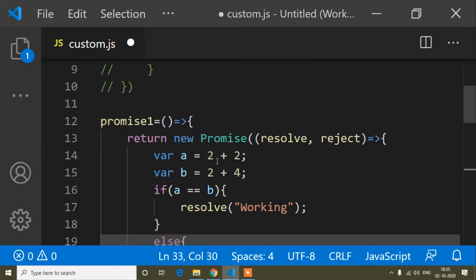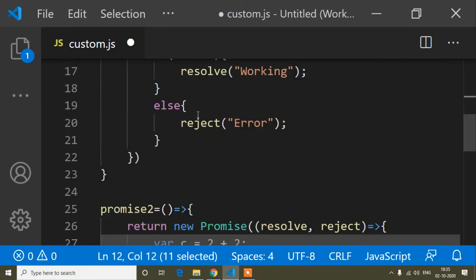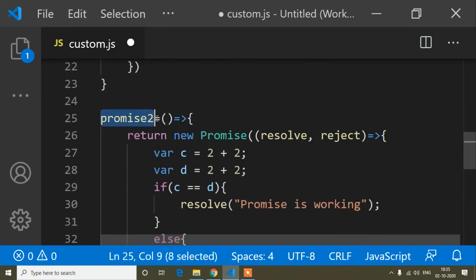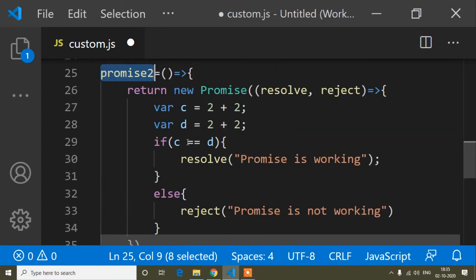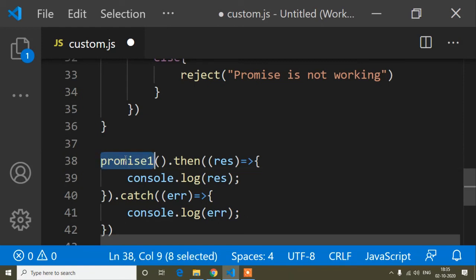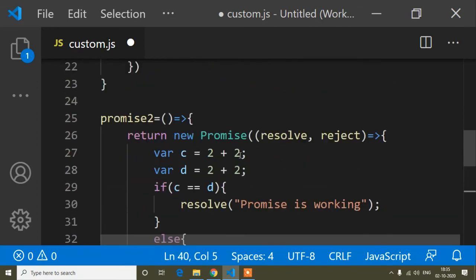Now what is callback here? I will give you a brief idea. Suppose you want to execute this function, and in the same way you want to execute another function, so that is callback. When we write a promise inside a callback, you write the first function in then, and if this function executes properly, then again you can write another function.